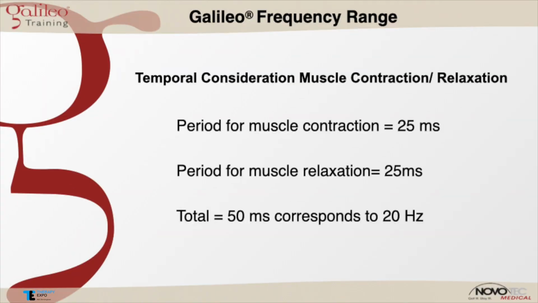And the first consideration comes from the muscle side. The muscle needs about 25 milliseconds to contract and 25 milliseconds to relax. In total, 50 milliseconds. And if you divide 1 second by 50 milliseconds, you end up with 20 hertz. That means if you have a frequency below 20 hertz, the muscle can still relax and contract. If you are above 20 hertz, the relaxation time is cut off and you get a more and more higher